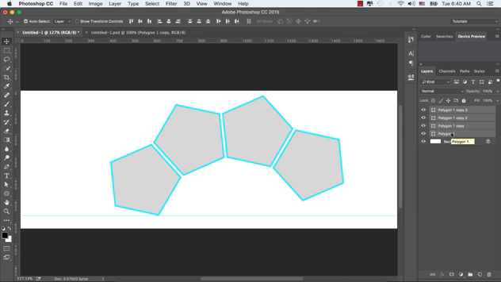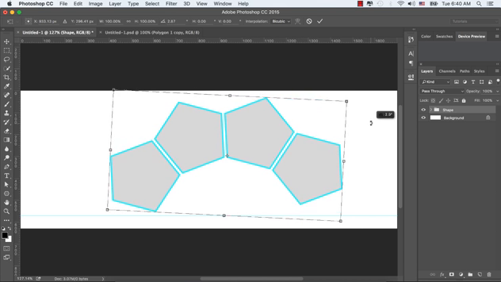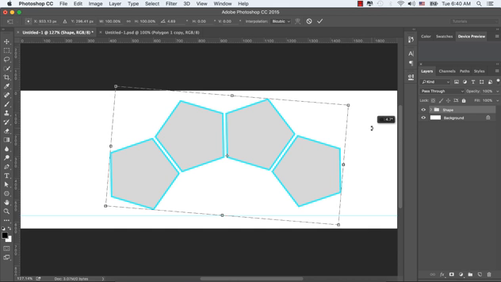And now let's select all of these four shapes by clicking the shift key from the keyboard, and press Ctrl J in order to make a group, and rename this as shape layer.